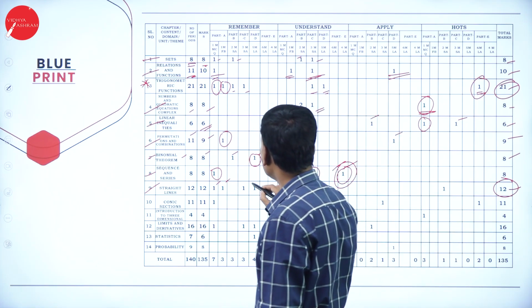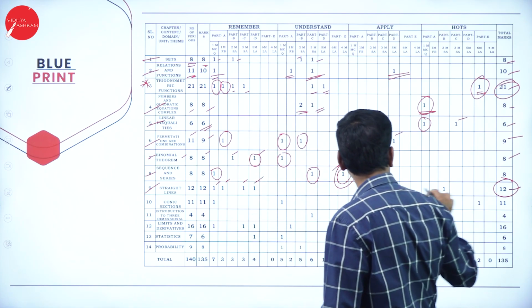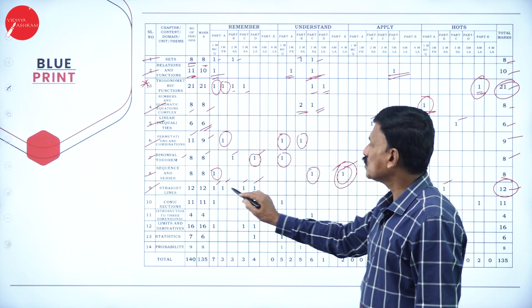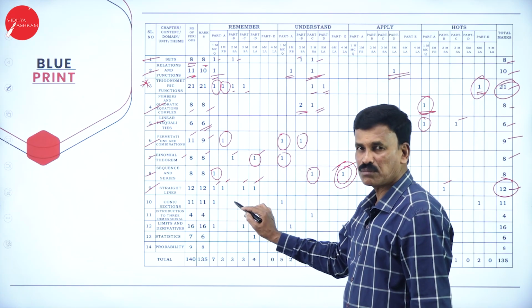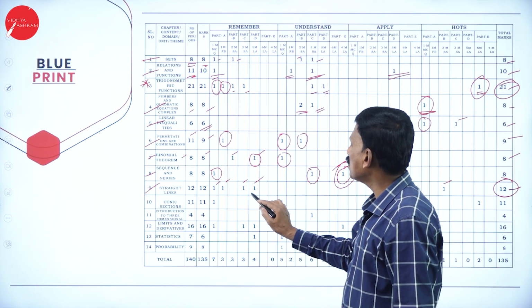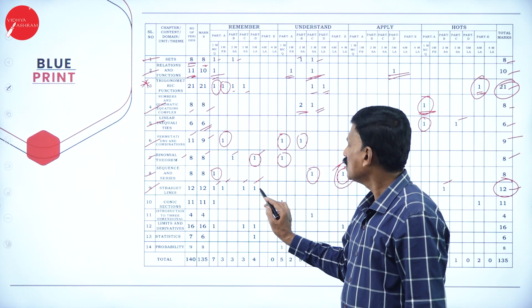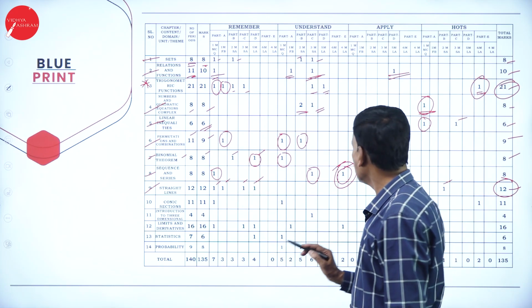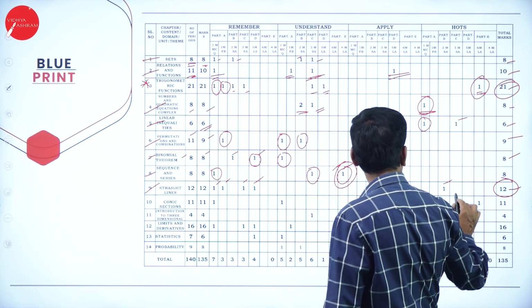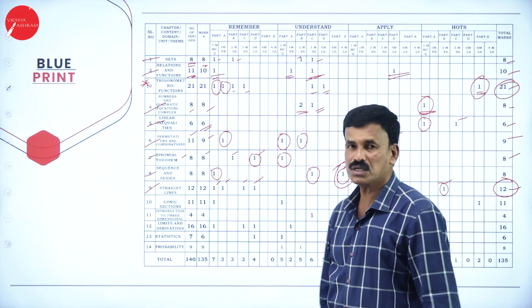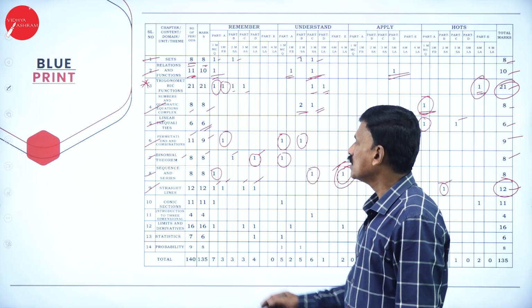questions. So that is one 3 marker question, one 5 marker question, and one 2 marks question. So one MCQ, one fill in the blanks, 1 plus 1 is 2, and 3 marks 1 question, 5 marks 1 question, 5 plus 3 is 8 plus 2 is 10, again one 2 marker question, that is 12. So 12 marks totally from this straight lines. Next,